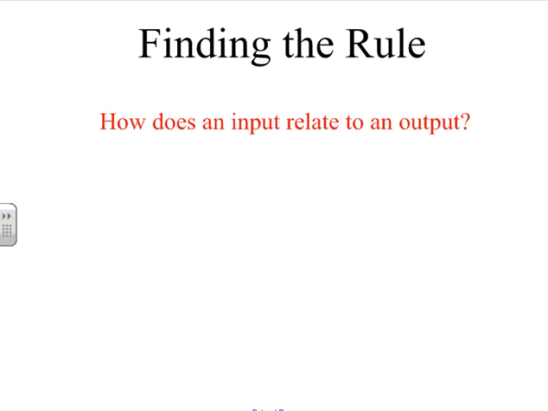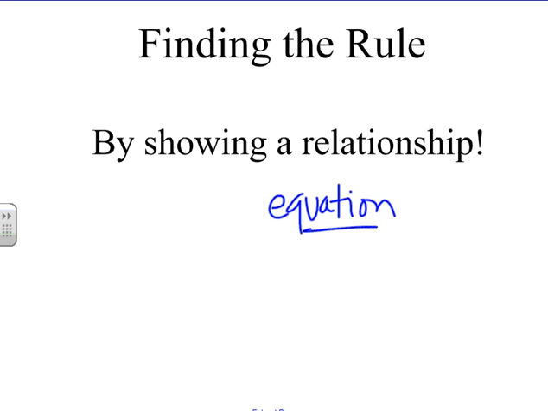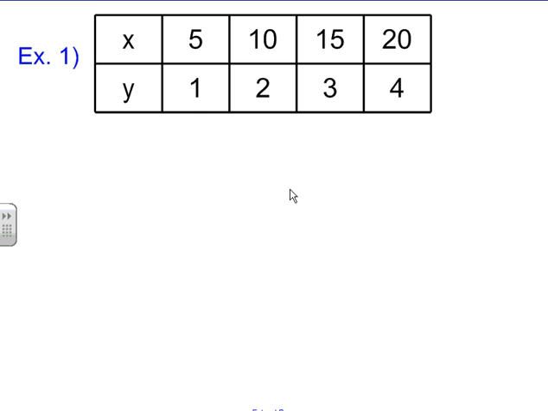We're continuing on with functions, and we're going to take a look at how an input relates to an output. Well, the way it relates is by showing a relationship, and we can show a relationship many ways. We're going to keep that idea of the function box and use it to help us describe the relationship as an equation. That's really what we're going to look at. So here we have a table that has x, which is our input,